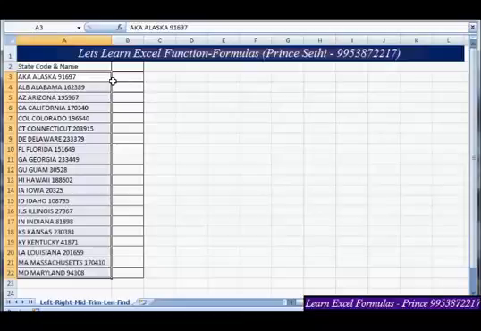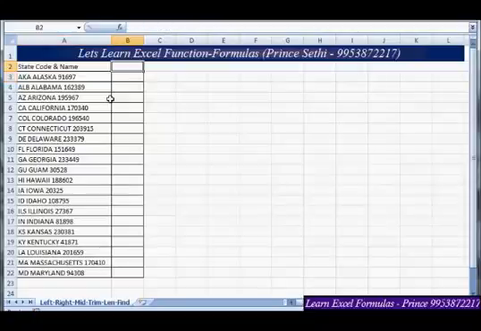The same thing we can do through text to column also, but text to column is not as dynamic as left, right, mid, and trim are. So through these functions you can delimit your text as per your convenience. Let's suppose this is the first text: AKA is my state code, Alaska is the state name, and 91697 is my zip code. So I just want to delimit them.